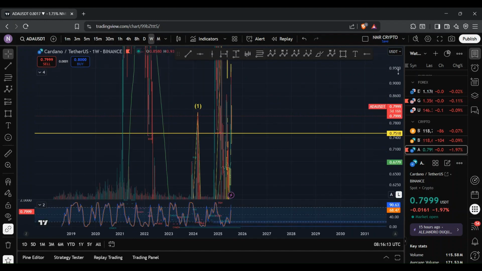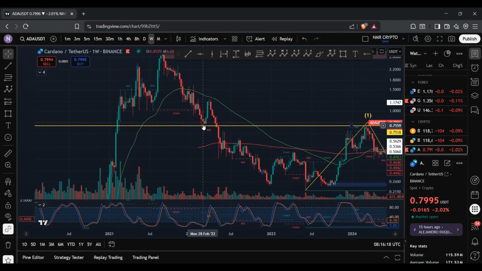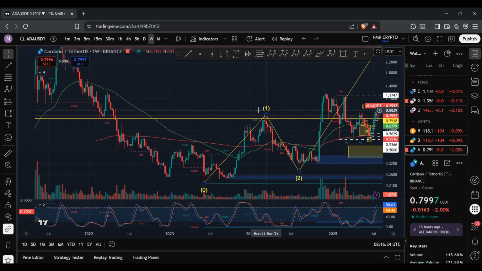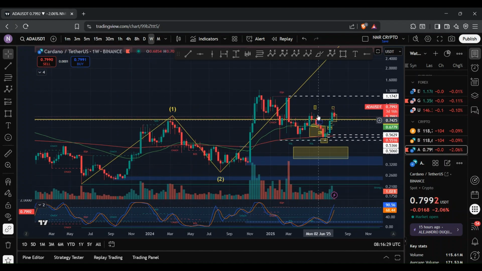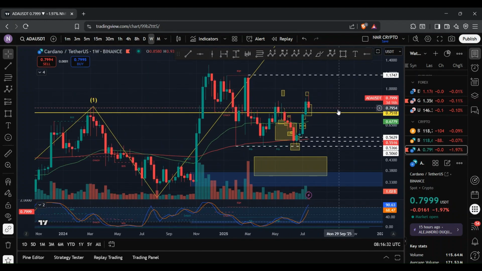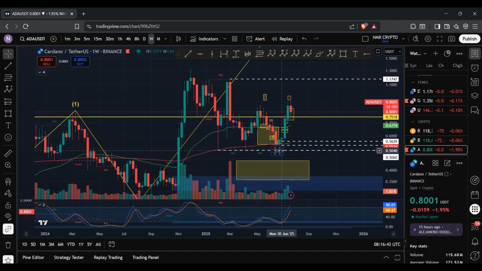So if I go to the weekly chart, what you can see is, for example, back over here, we found support at this yellow line, which led to this move to the upside, and then we ended up getting rejected over here. Here we found rejection, and here we found support, and then here we found resistance. And so if ADA was to retest this level, then what we need is for ADA to find support at this level and then see that reversal to the upside, where we're going to begin to track the wave 5. If we get rejected, then it's possible that we end up completing this move to the upside, and we see that deeper retracement to the downside, where we could see a 50 to 78.2% retracement of this bigger wave structure.